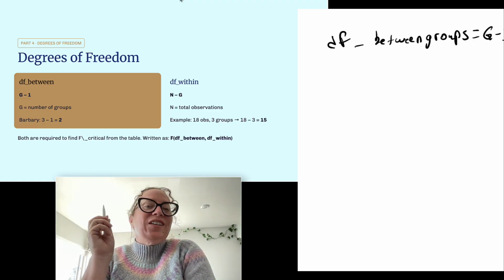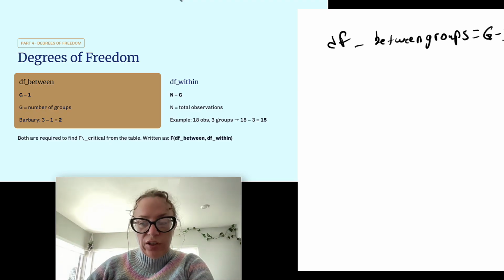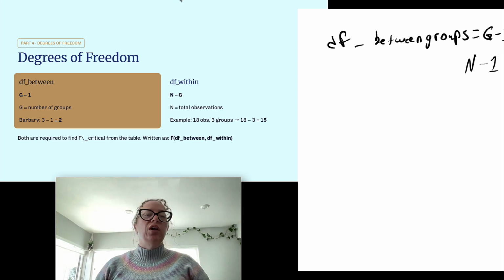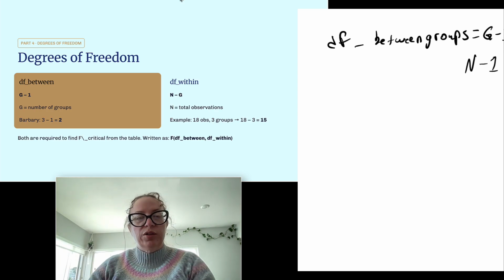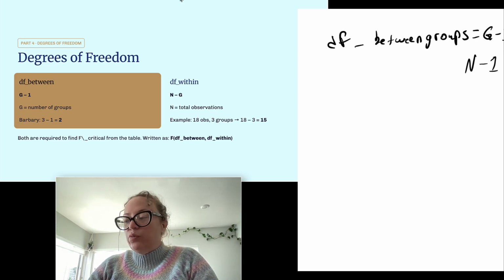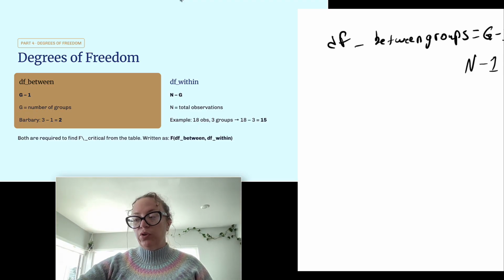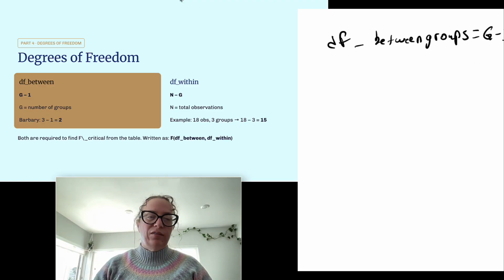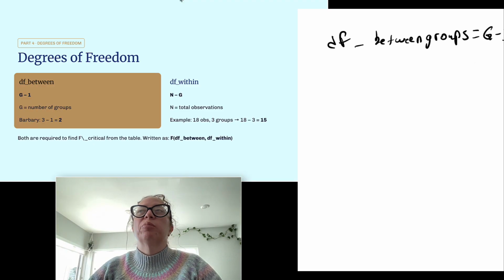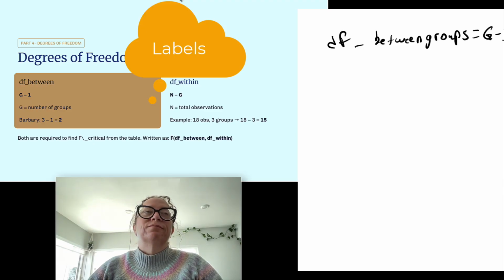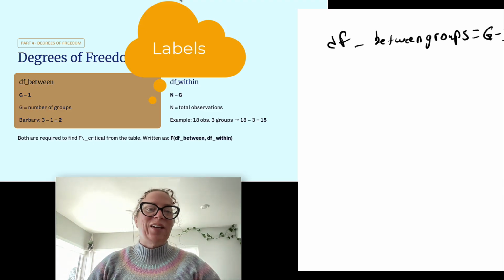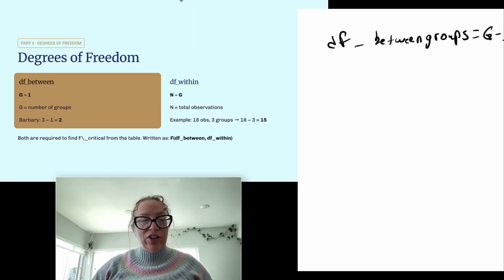Okay, G is the number of groups. So it's no different than the regular degrees of freedom formula where it's N minus 1. Absolutely no different. But we use a different letter because we're not talking about just individual values. We're talking about numbers of groups. The formula is the same, but we're just using different vocabulary, hopefully you understand what I'm trying to say. Okay, N and G, you're calculating things the same way, but instead of using individual values, you're using numbers of